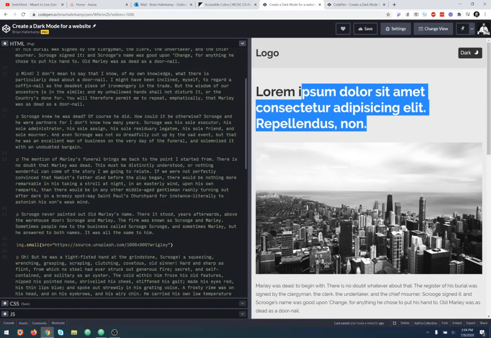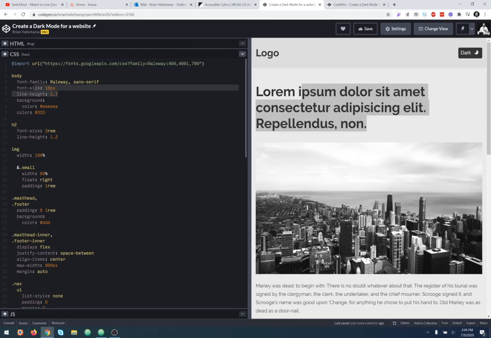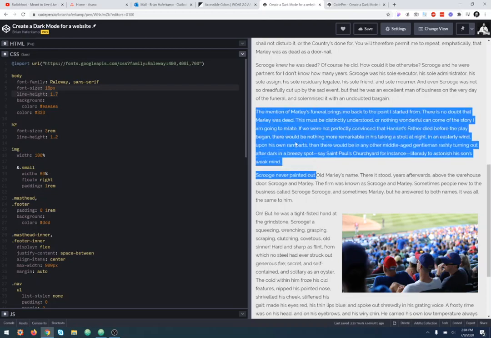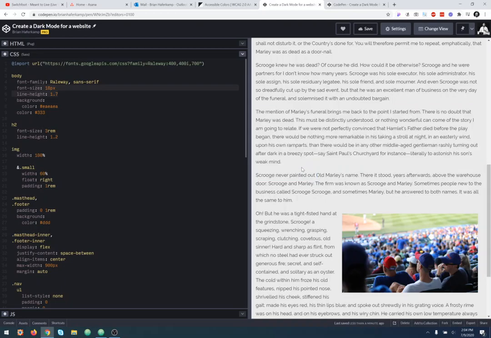The line spacing is key as well. Line spacing is 1.7, so that has a lot to do with what font you're using. But also you want to make sure that when you start to see all the dead spaces between the lines, when they start to become apparent that there are spaces between the lines, you've pushed it 1 or 2 pixels too far as far as the line height is concerned. And by the way, don't put pixels, just put 1.7, and then whatever your font size is, it'll be a ratio of that font size, as long as you don't put pixels at the end of your line height. So if this is 38, then the line height would be 1.7 as a ratio, even though the size of the font is bigger. So that's an easy way to sort of help things if you want to keep some consistency through your